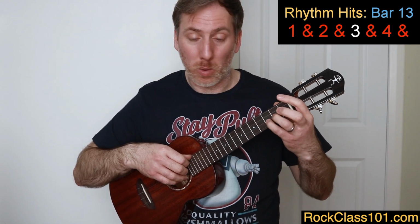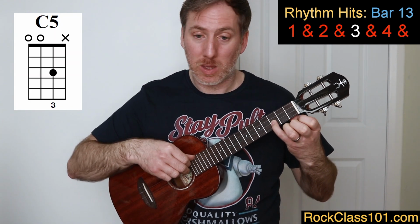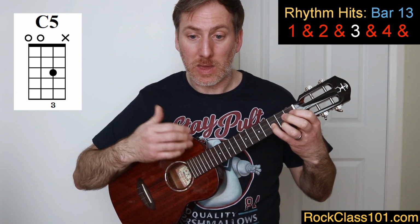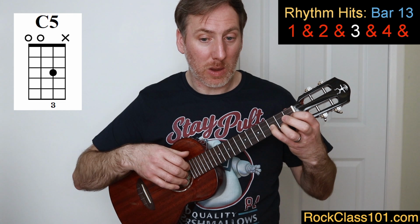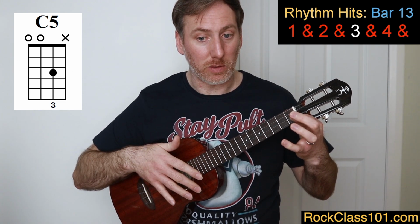So what we're going to do from measure 13, we were holding the E string at the 3rd with the pinky. So we're going to play that note with the open C and the open G. Play those 3 notes together. And then on the and after beat 1, we're going to play the E string at the 3rd again. And then we're going to go down to the 1st fret on beat 2, pick that single note, then the